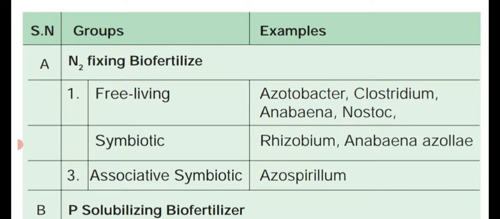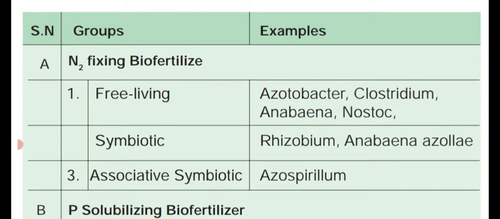Dear students, you already studied the Principles of Ecology lesson. In that lesson, different types of relationship are there. One of them, the symbiotic relationship, means two living organisms live together. At the same time, they are mutually beneficial. So both the organisms benefit. That type of association or relationship is known as symbiotic relationship or symbiotic association.